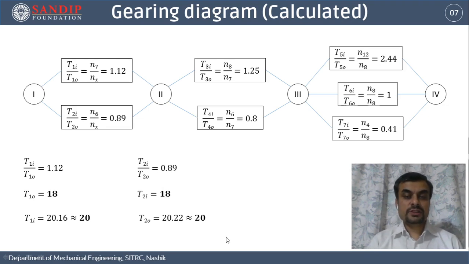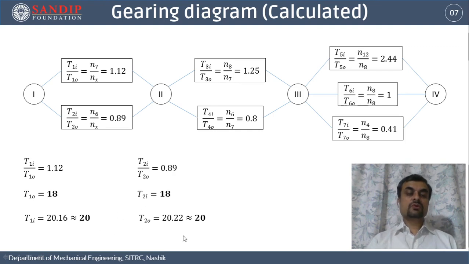So we have already found the number of teeth, but let us verify them with respect to the guidelines which we have got. So the first guideline has already been met. The minimum number of teeth on the smaller gear is 18. Sum of number of teeth on a gear pair, that is 18 plus 20 is equal to 38, has to be equal. So the second guideline is also met. The difference between adjacent gears on the change gear block, that is T1I and T2I, should be minimum 4. Now that guideline has been violated,